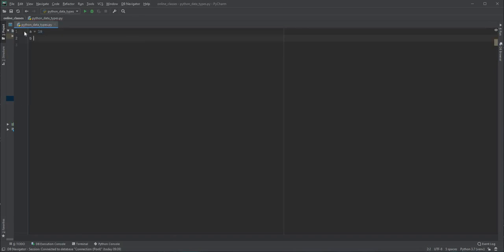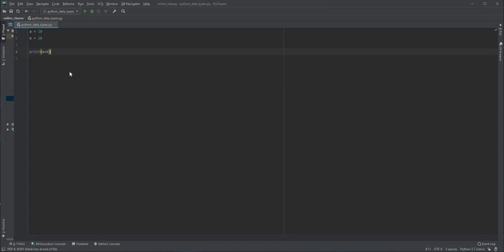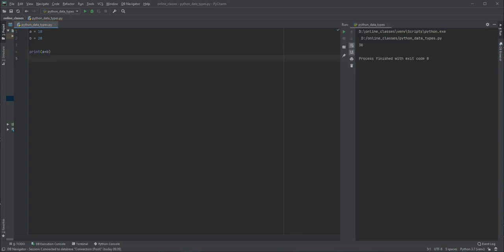Similarly, I can use one more value, let's say b is equal to 20. Now in the print statement we can directly print the value of a plus b. So let's talk about the variable declaration and how we can use those declared values inside the print statement as well. But if you want to store the value of a plus b inside a third variable, then